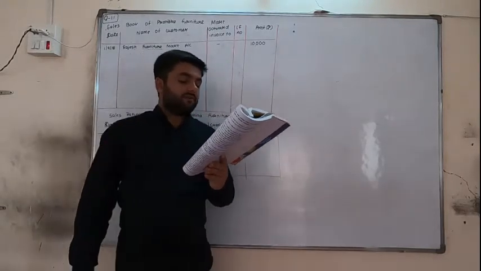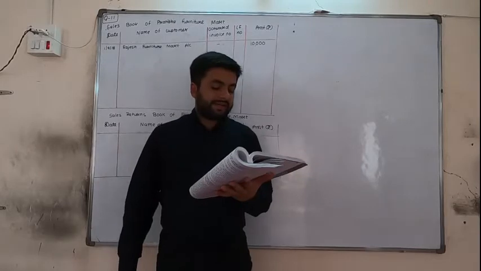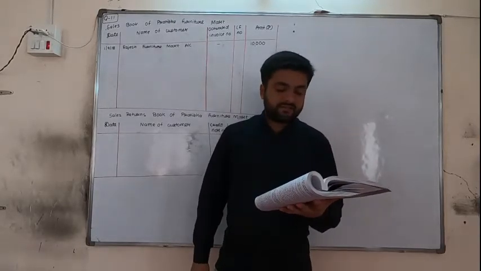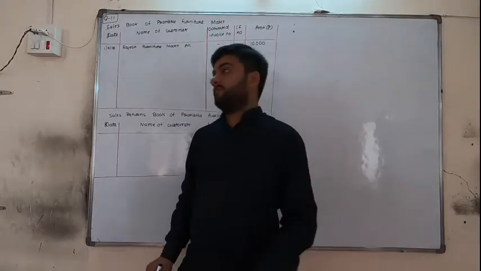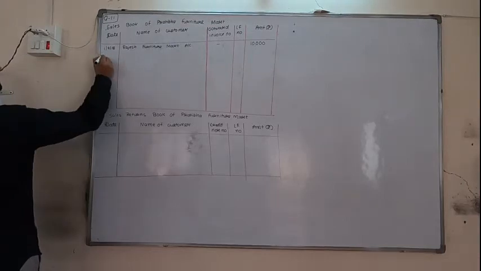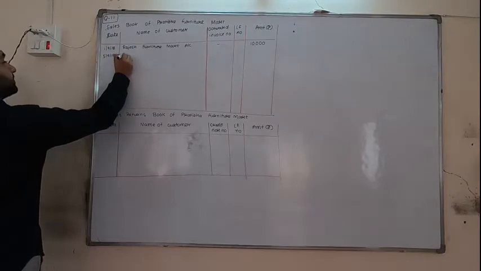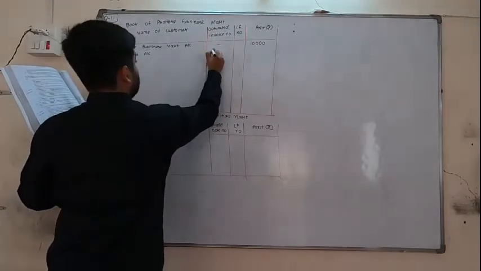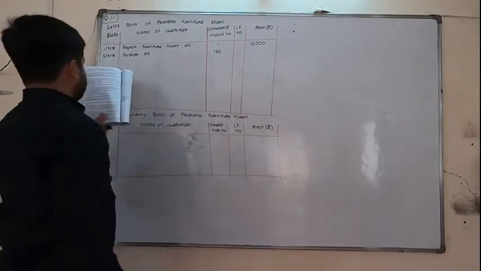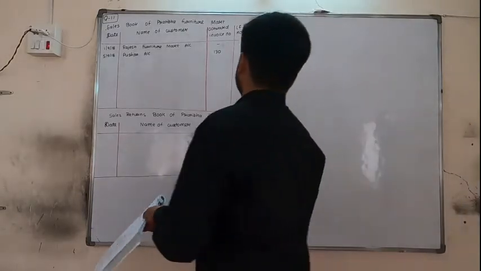On 5th, goods of 8,000 at 10% trade discount and 5% cash discount sold to Pushpa. Credit period 1 month. Bill number 130 sent by adding 100 of labor charge. Underline 100 of labor charge. We will record it in notes. 5980. Pushpa account. Bill number 130. Now 8,000 and 10% trade discount is there. So 8,000 minus 10 percent is 7,200.